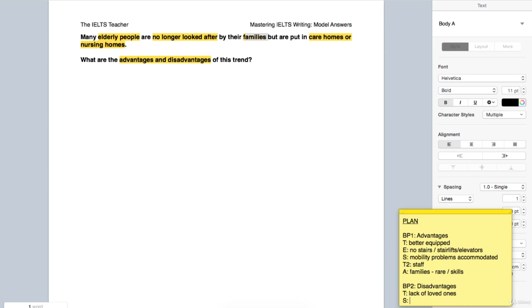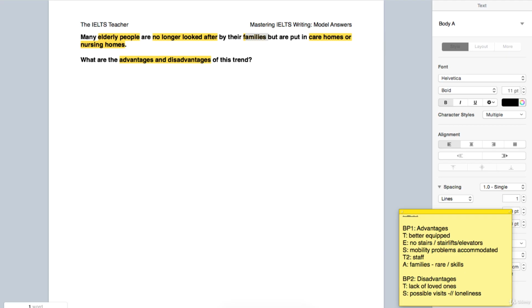Now, in my support sentence, I'm going to use a complex sentence. I already have it in mind that I want to talk about something that is possible, but that it's not good enough. It's not enough. So we'll say, when we get there, something like, while you can have friends come and visit you, it's not really enough. And this can lead to things like loneliness. So we'll just put in the words here. Let's say it's possible for friends to visit, possible visits, but loneliness is the result regardless, okay? Because the visits are not very frequent, let's say.